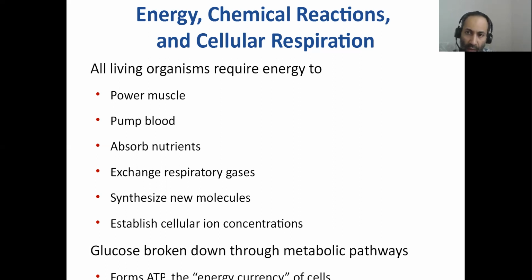So once you get glucose into your system, that glucose is burned and metabolized inside of your mitochondria, which are organelles inside of your cells, to release energy in the form of ATP. And if you remember, we talked about that yesterday. ATP stands for adenosine triphosphate. It's a high energy molecule, the so-called energy currency of cells, as you can see here.